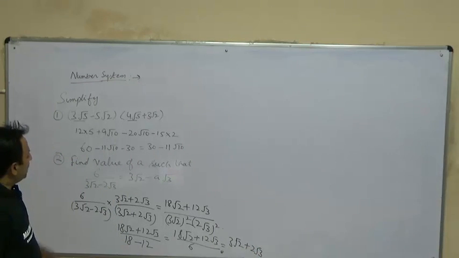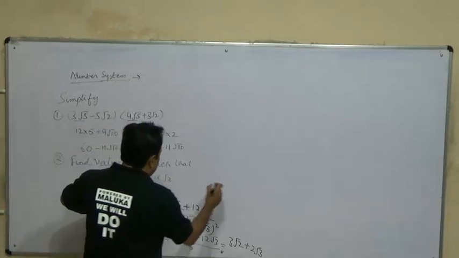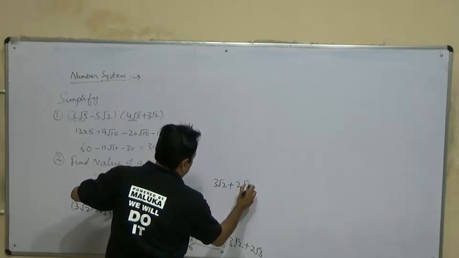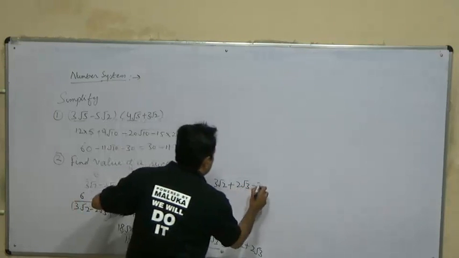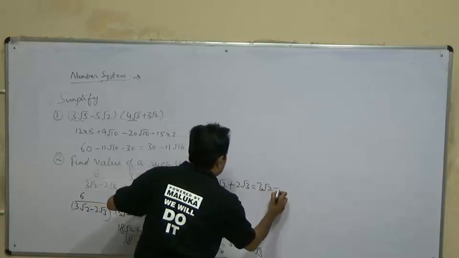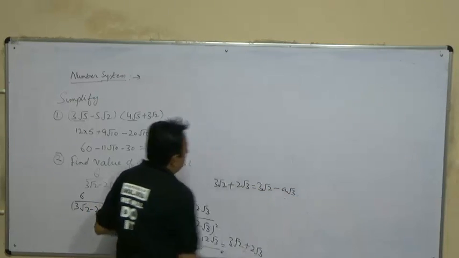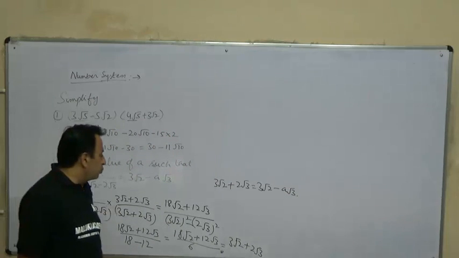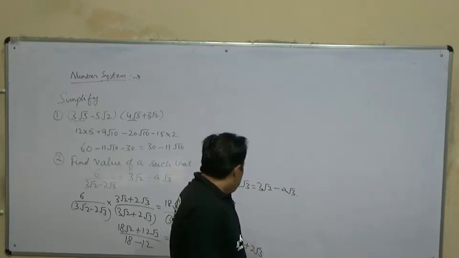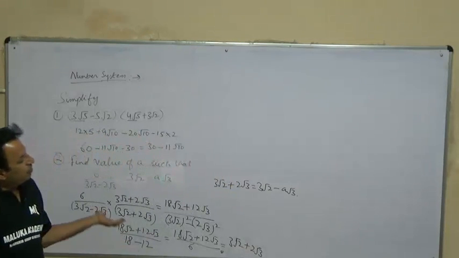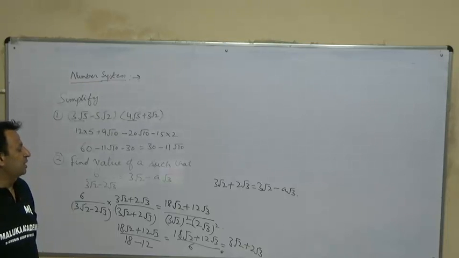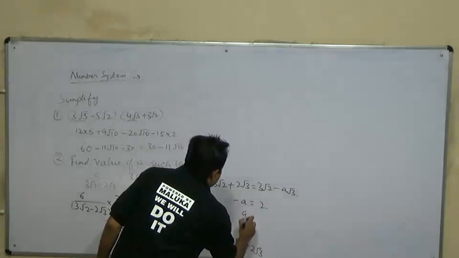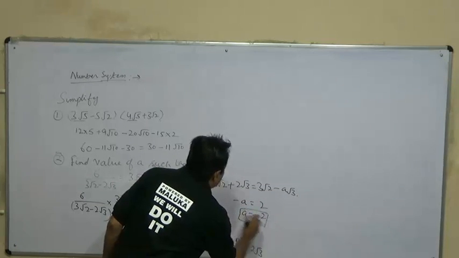But what we are given here, right side is given as, so we have got this as 3 root 2 plus 2 root 3, and right side is given as 3 root 2 minus a root 3. Now if we compare both sides, first term is same. We have got 3 root 2 on both sides, and then we have got 2 root 3, and on the right side we have got minus a root 3. So comparing, we get minus a is equal to 2, a is equal to minus 2. So value of a is minus 2.